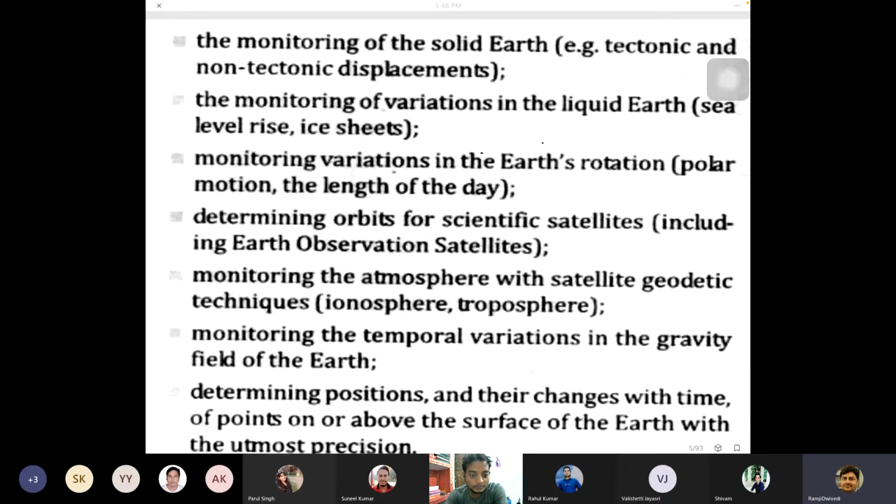Okay. Then determining positions and their changes with time of points on or above the surface of the Earth with the utmost precision. That means how well our techniques are there. In fact, if you read any kind of book on satellite geodesy, or maybe GPS, GPS is a part of satellite geodesy. When I say satellite geodesy, the definition of geodesy is understanding the Earth, defining the Earth. So when you say defining the Earth from satellites, that becomes